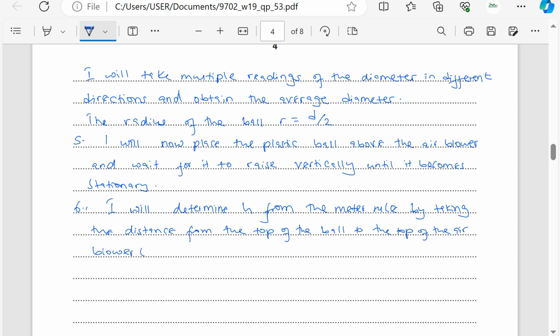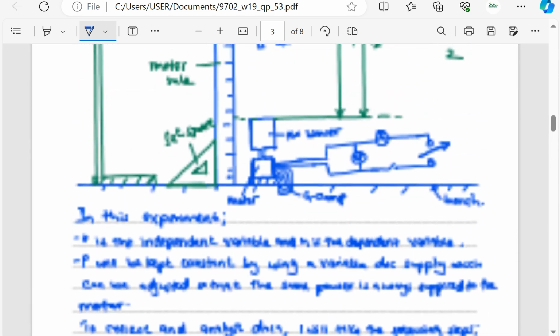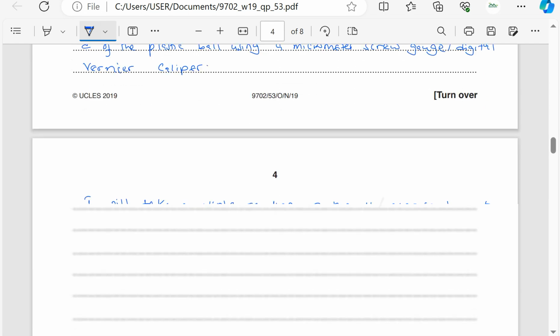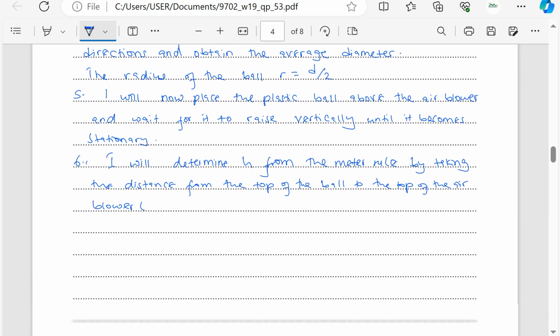I call this one top. I think I call that one h2. The top of the ball to the top of the air blower, I called it h2,